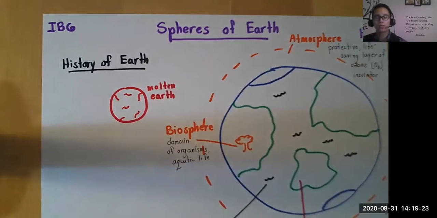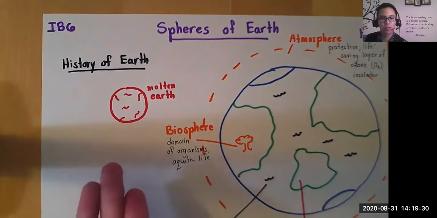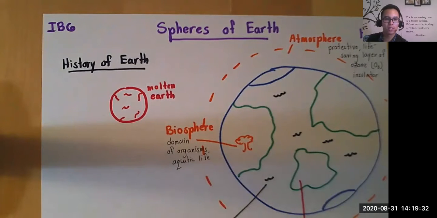We talked about this when we talked about the origin of life. So where did life come from? When the Earth was molten, there's no way life could have lived back then. It's too dang hot. That was a lesson for last year at the beginning. Don't you guys remember that? How fun that was?